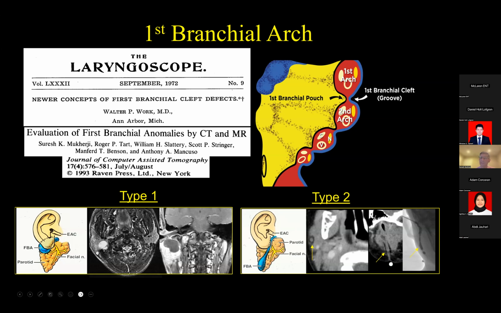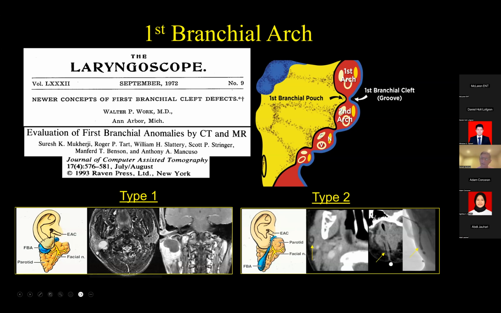So these type 2 first branchial anomalies, again, are classified as duplication anomalies of the external auditory canal. But what they are, they're actually more of a fistula formation. They arise at the junction of the cartilaginous and bony external auditory canal. And what my colleagues in Peds ENT tell me is that sometimes you'll just see a little papilla. So if you see a little papilla in a child, then oftentimes that's indicative of a type 2 first branchial